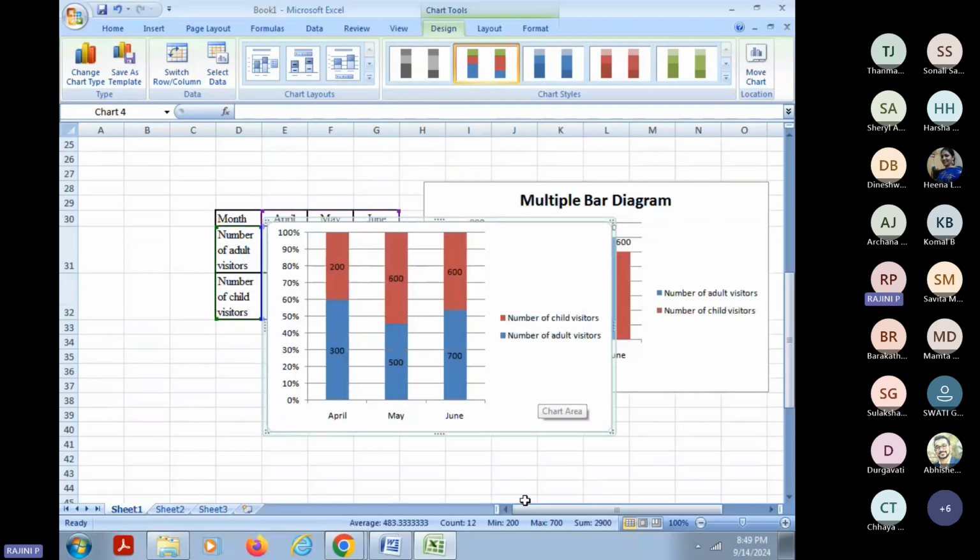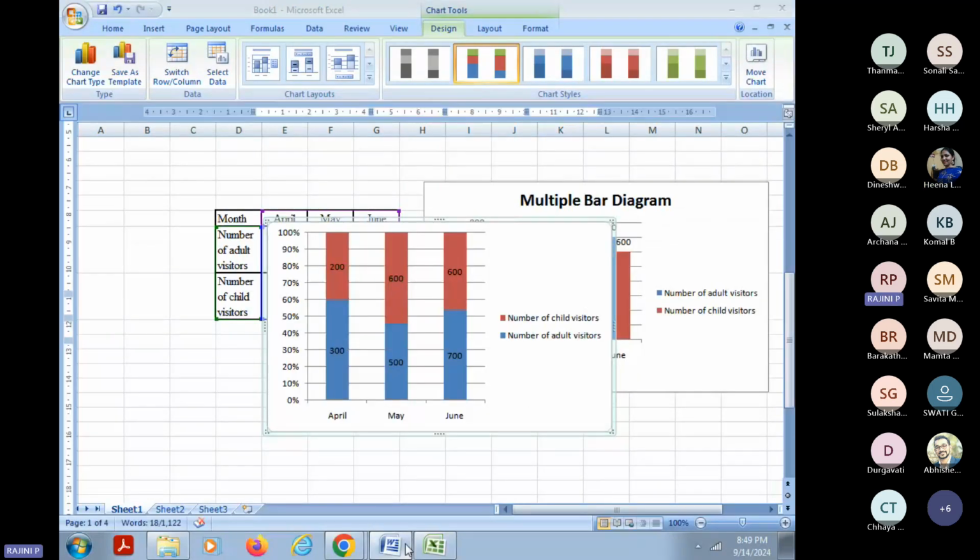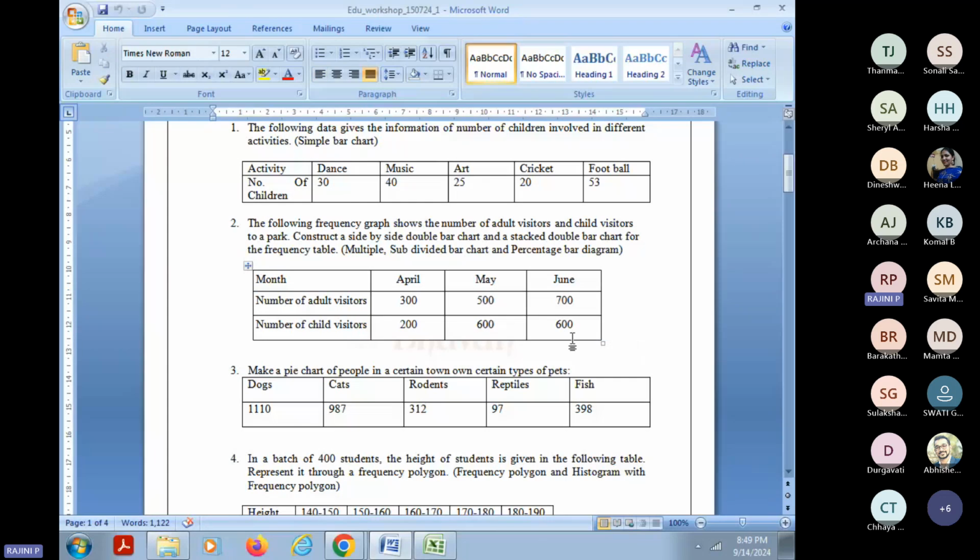So the remaining problems, I'll share these questions after tomorrow's session. Then it will be easy for you to practice. So all these questions I'll be sharing with you. You just go through the video and please try to solve it. Then in case study analysis, it becomes very easy. So if you have any doubts, feel free to ask me, about whatever I have explained up to now. Okay.